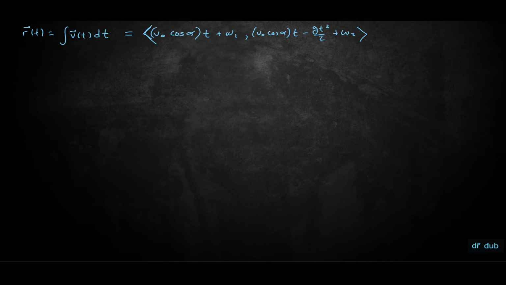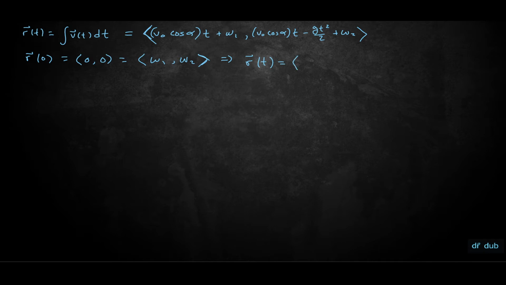And I can figure out the constants w1 and w2 using my initial condition, which I'm assuming is the origin based on the setup of the problem. So that's going to be 0, 0 equals, if I plug in t equals 0, I just get w1, w2. So actually there's no added constants w1 or w2. So my position function